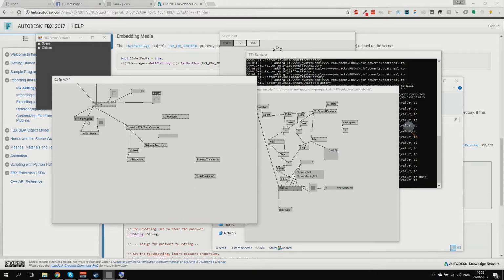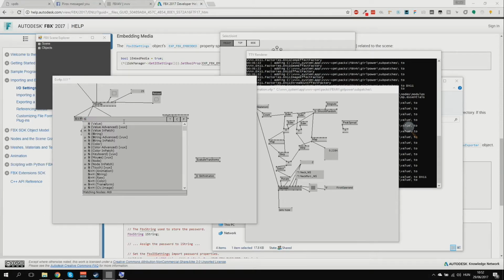If you have multiple FBX nodes and you don't want to tie together modules, you might want to use a send node which limits the scope